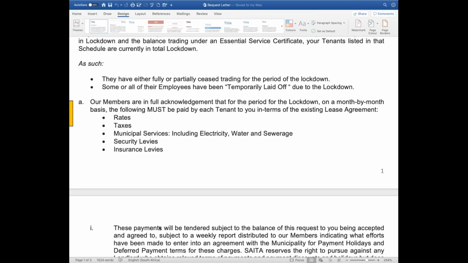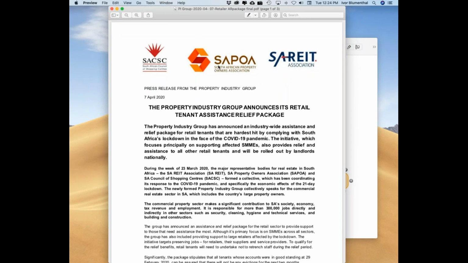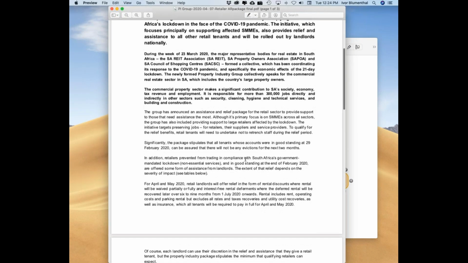component. And importantly, I just want to see if I can quickly do something here, if I can remember where I put this document. I just want to see if I can find that PIGS document. Please give me a second, because I want to show you how they define, here we go, how they define rent. I hope you can all see that on the screen. But what's very, very important is the definition of rent. Where is it?